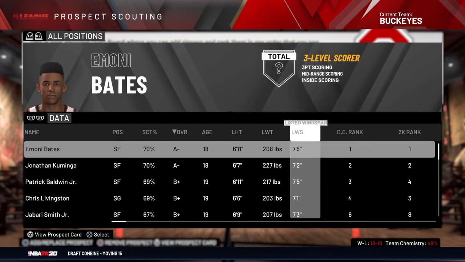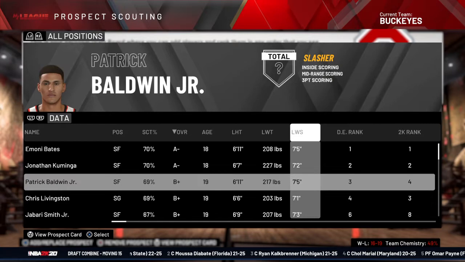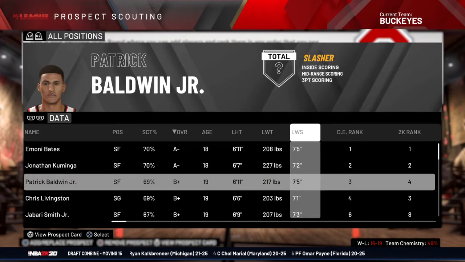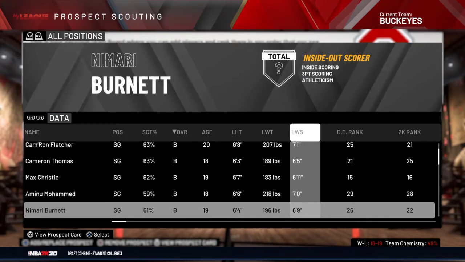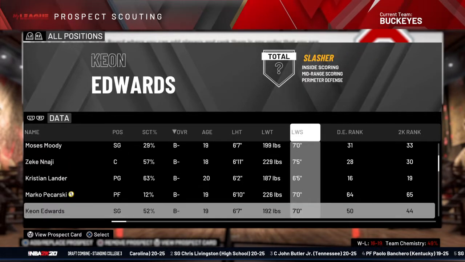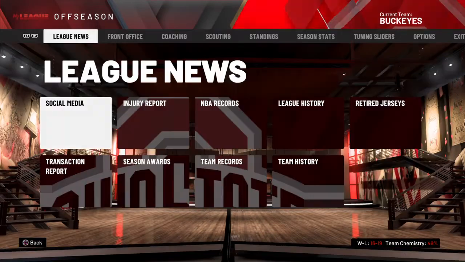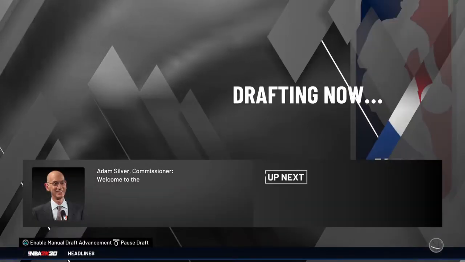6'7". This guy's rated number 1. He's a 3-level scorer. Patrick Baldwin Jr. is a slasher, which could be pretty useful. Although we did struggle with 3-point shooting. We struggled with 3-point shooting during the season, so let's get back to the draft. Let's start the NBA draft. We'll see who